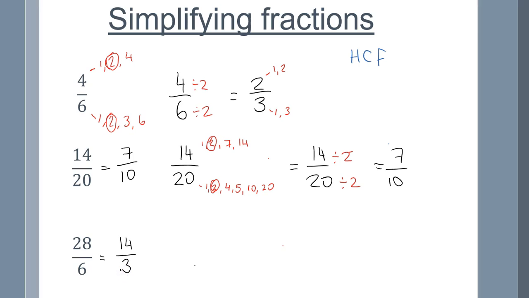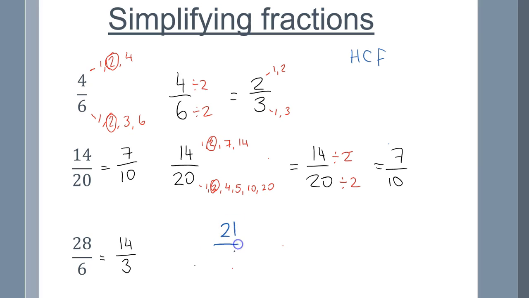I'm going to have a look and see if there's any more factors. So factors of 3, that's pretty easy, that's just 1 and 3. 14 doesn't divide by 3, so I know that I'm in the simplest form there. Okay, I'm going to do another example just because I've picked some terrible ones here. So let's try